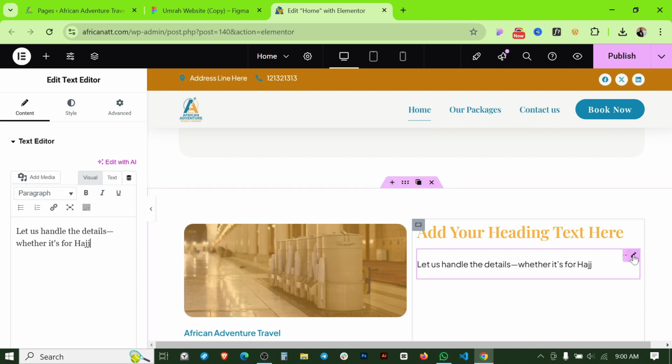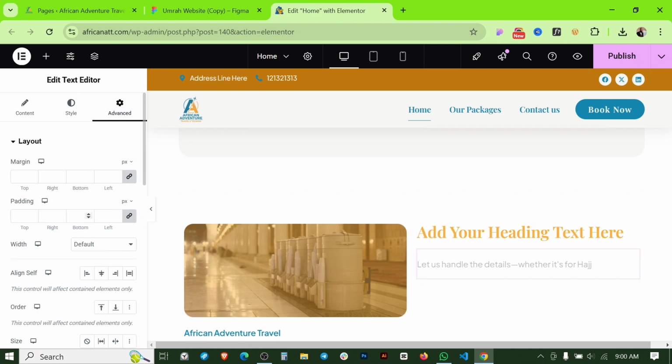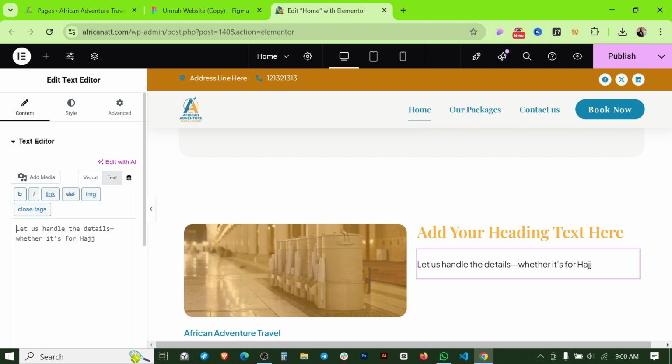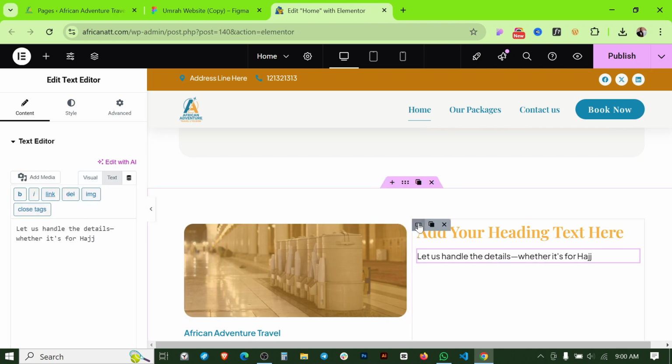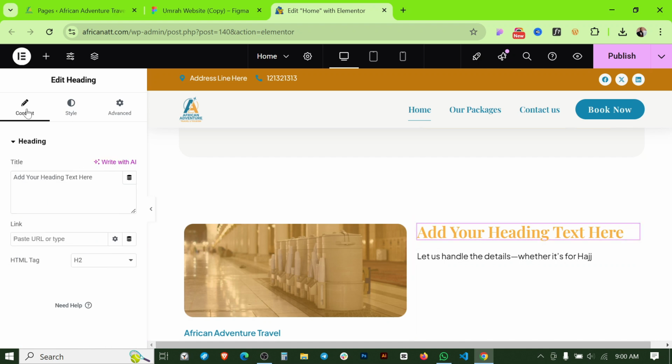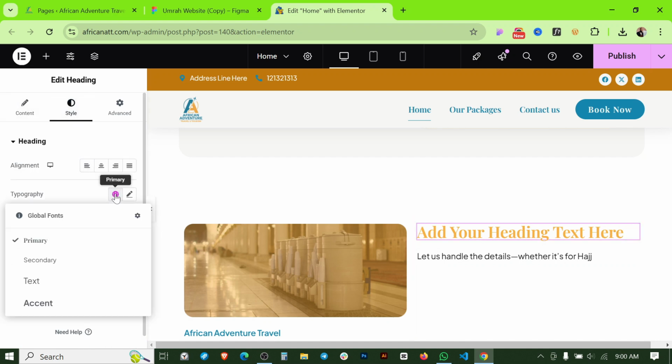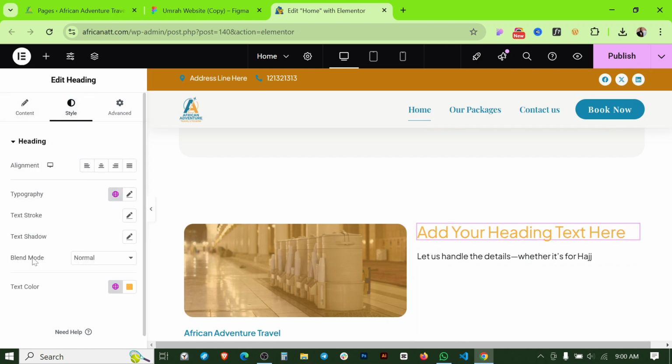What we can do, if I click here, yes, this is removed, and if I click here, I'm going to change this typography to secondary, and let's make it to